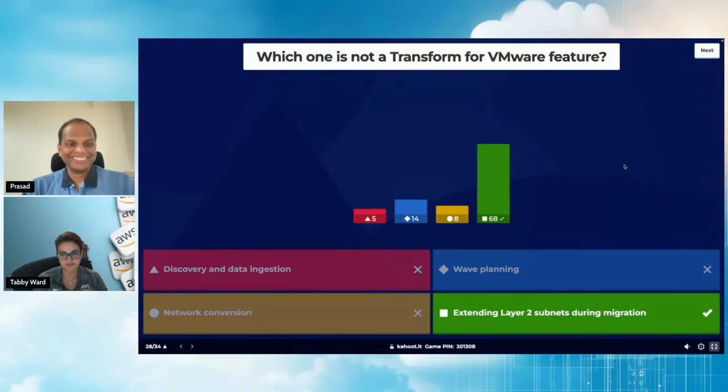Good job. Awesome. That is something that we don't natively support. Our VPC is more of a layer 3 construct. There are ways to do that, but that's the last resort. Since we're running out of time, I'm not going to focus on that. But if that's a requirement, we have our partner Nutanix that can take care of that through their tooling. But it seems like everybody got it right.